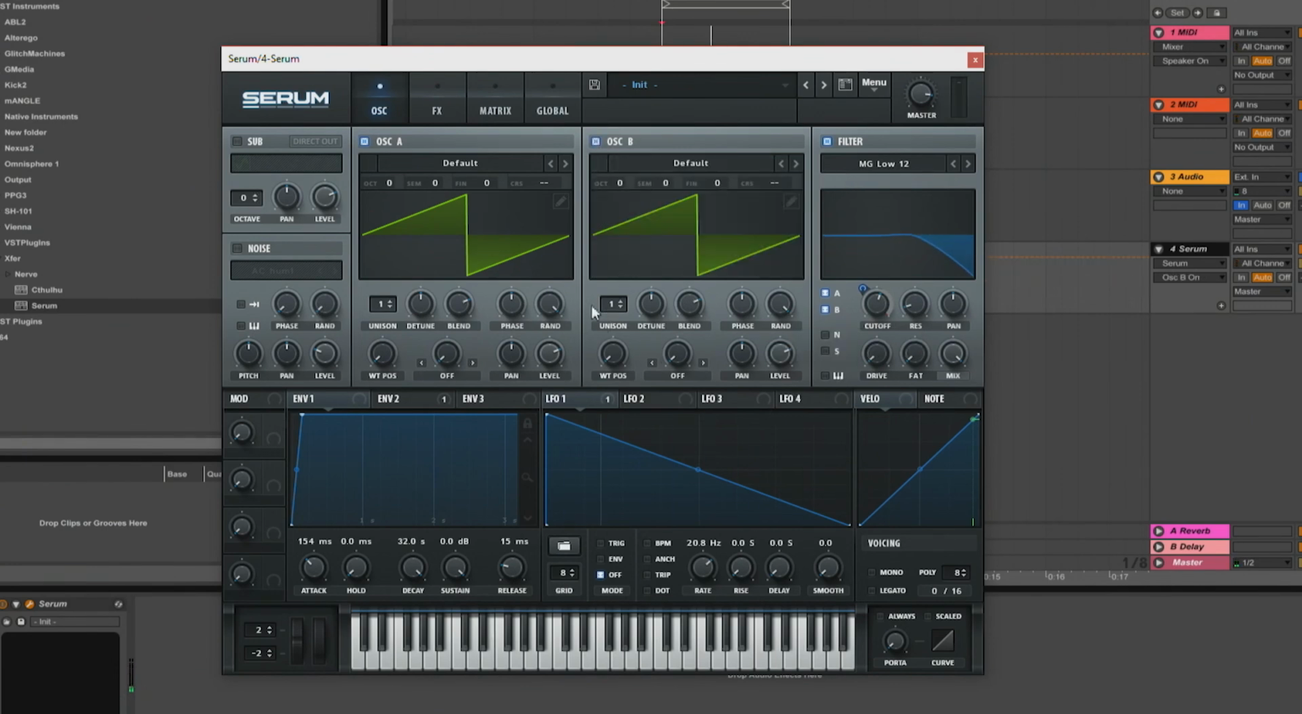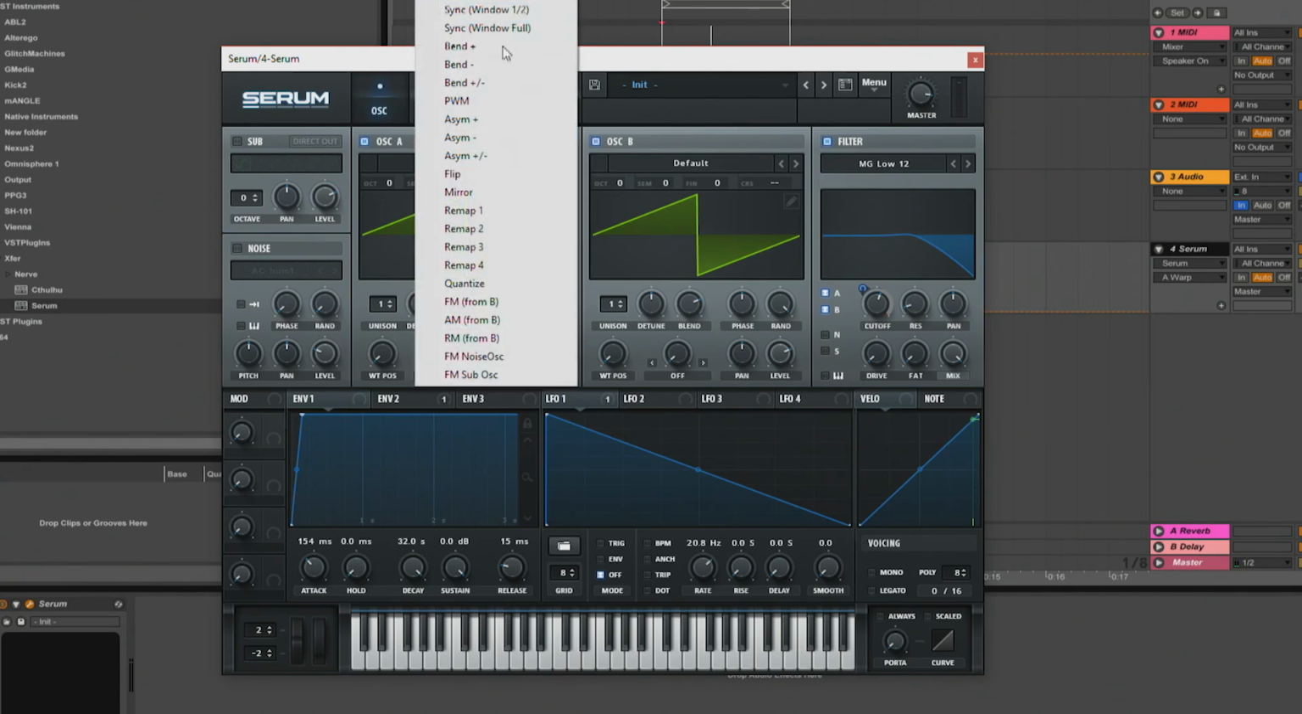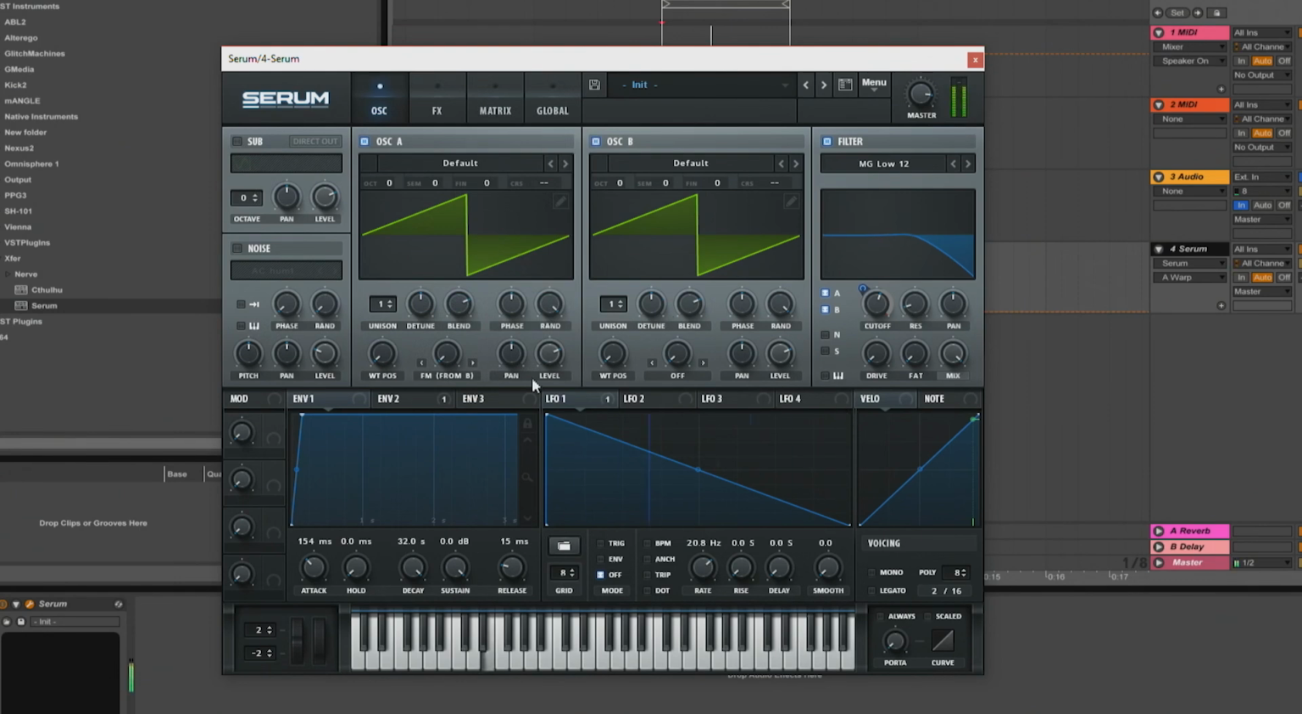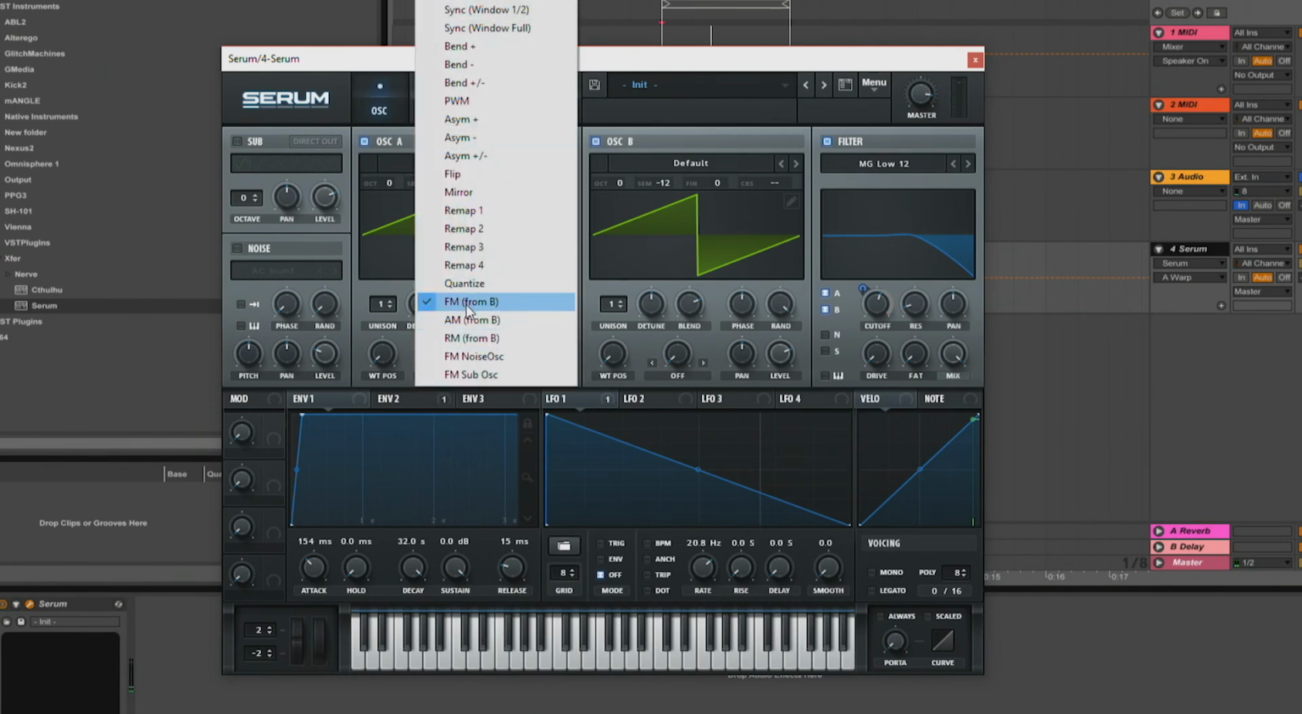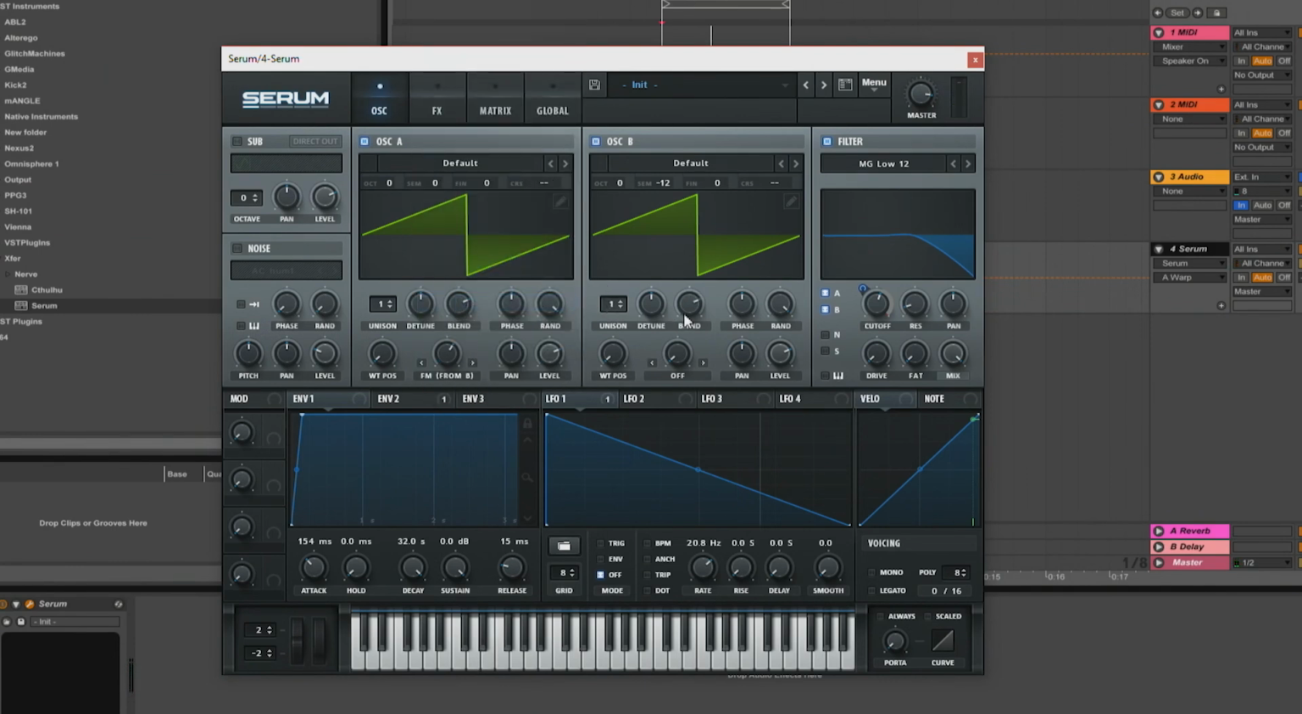then I want to say, oh, okay, I want this to be modulated by oscillator B. Just not quite the same, especially if I start changing the pitch. It's all locked to certain intervals. So if I FM from B,